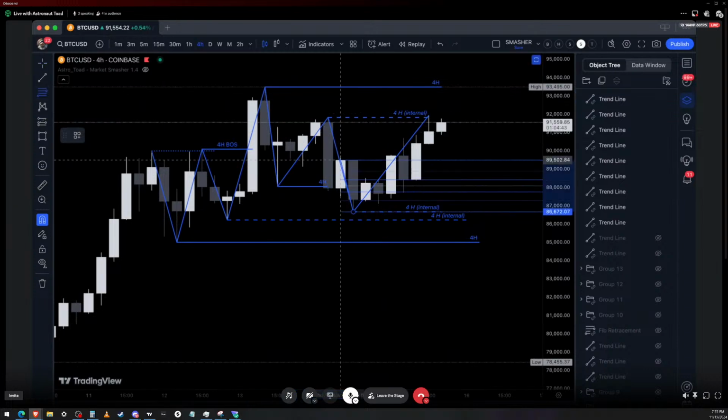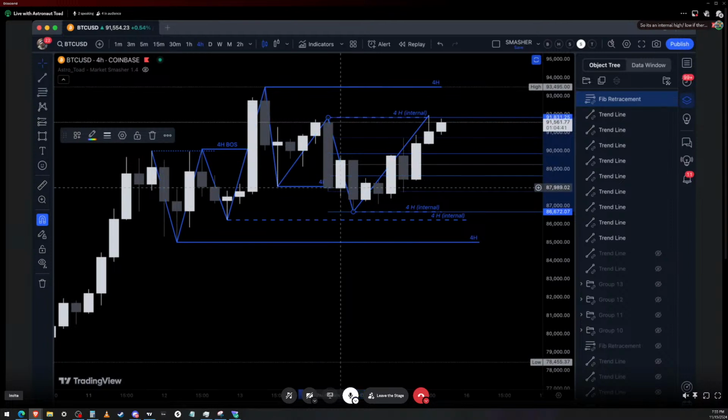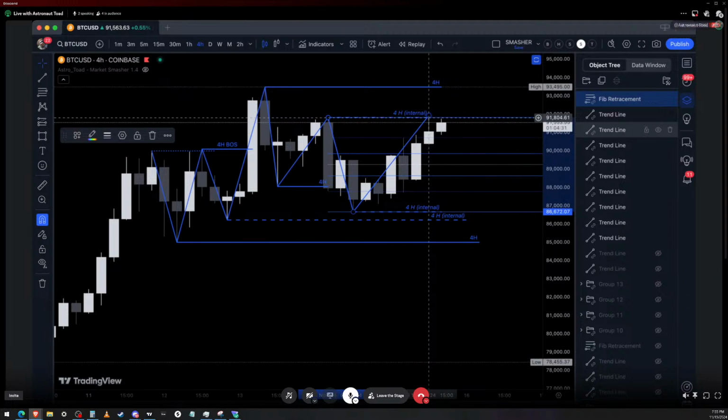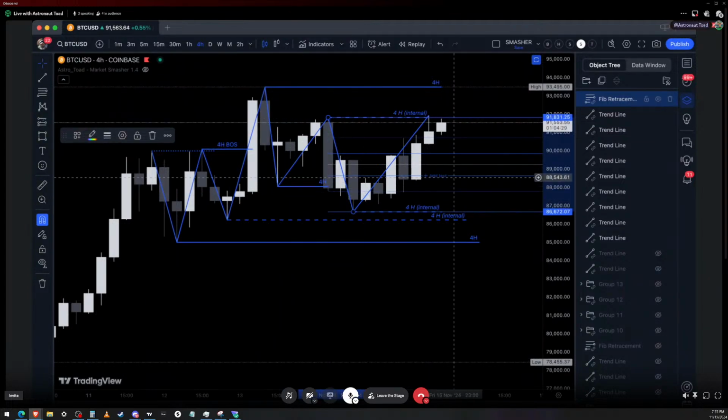In this range right here, this is your range for this break. So as price got above here, you probably had traders going short and then getting stopped out because price did get all the way back up here. But you have to remember that